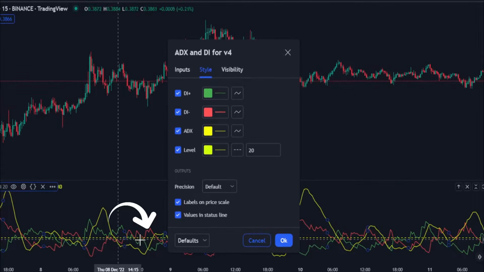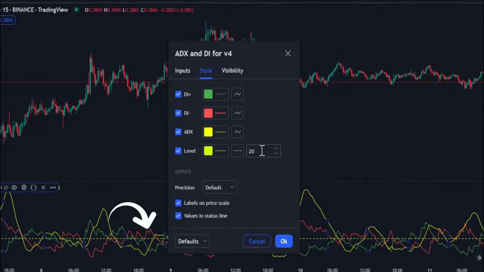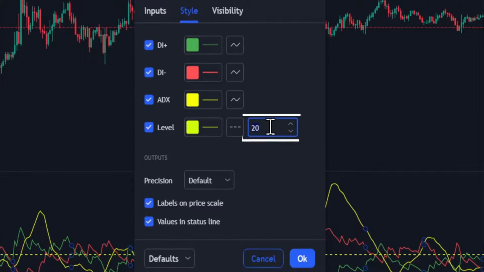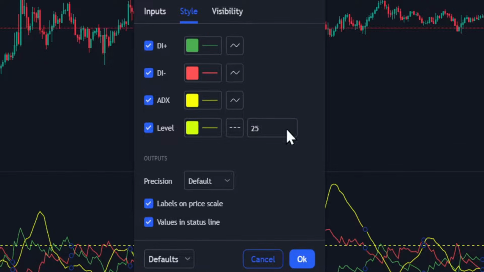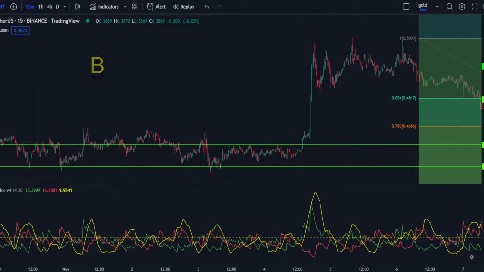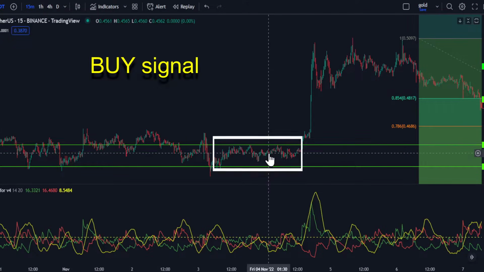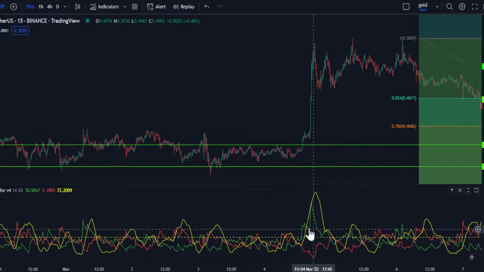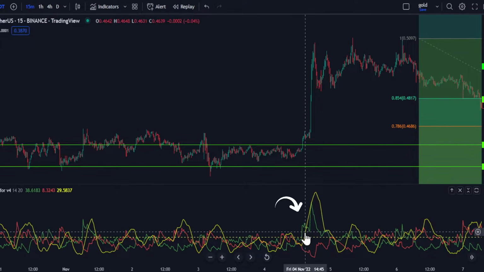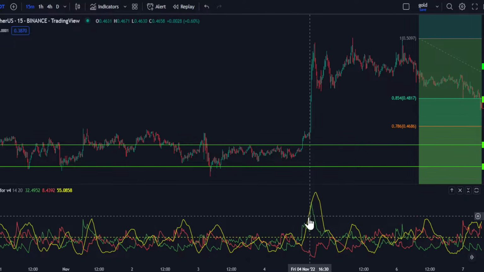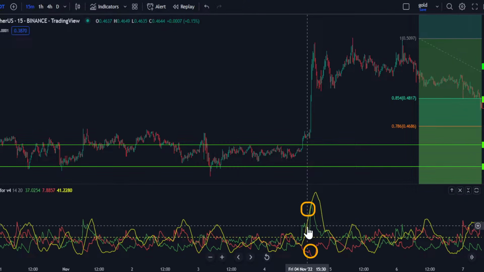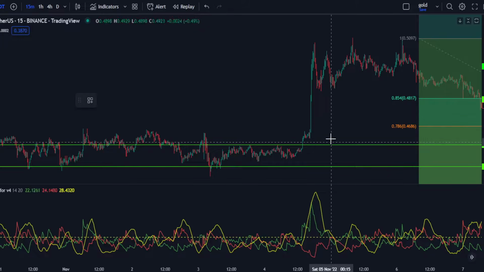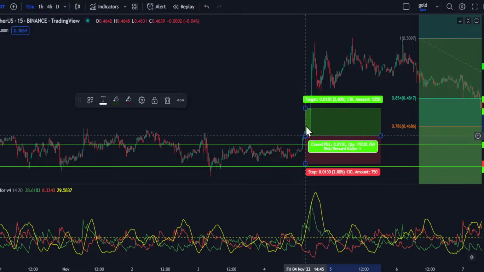The middle one is the threshold line. Some traders will use 20 and some traders will use 25. Let's use 25. For buy signals, let's look for the ranging area, where the ADX line is below 25. Next, when the ADX line crosses above 25 and the positive DI, the green line, is above the negative DI, the red line, I will enter a buy position here where the conditions are met